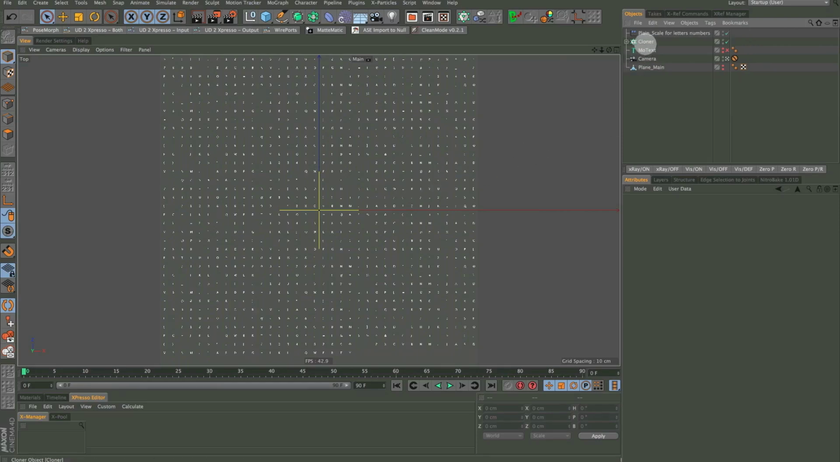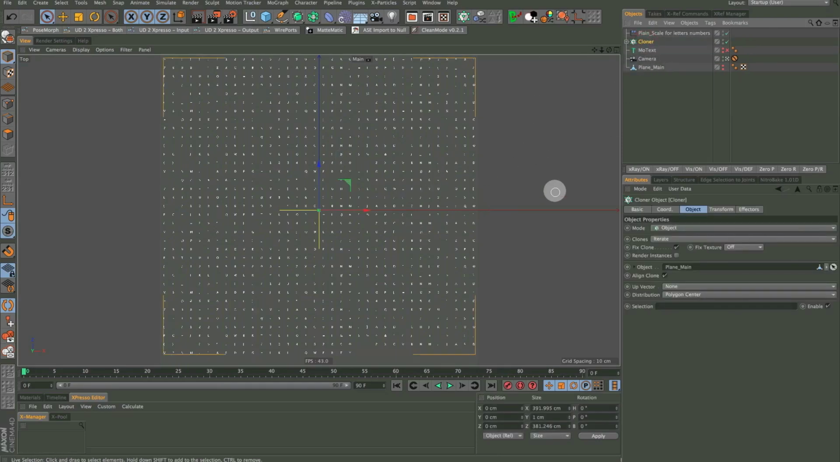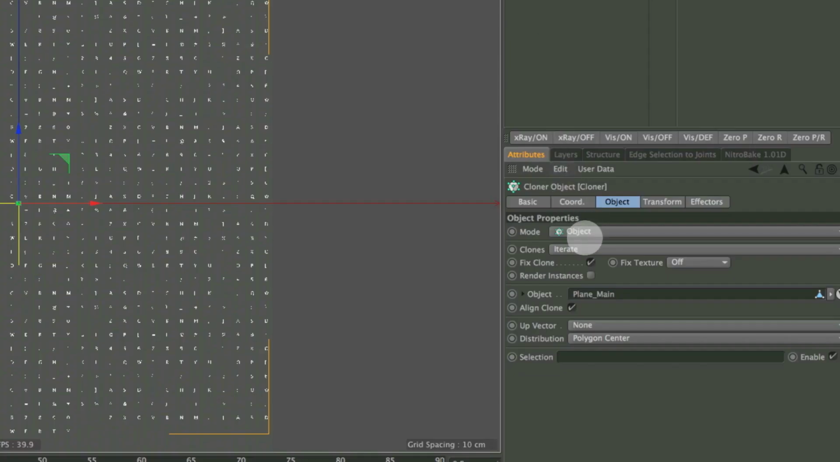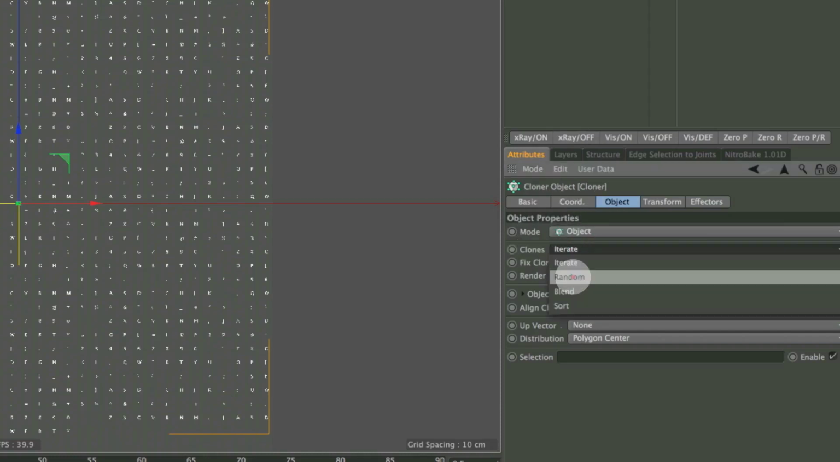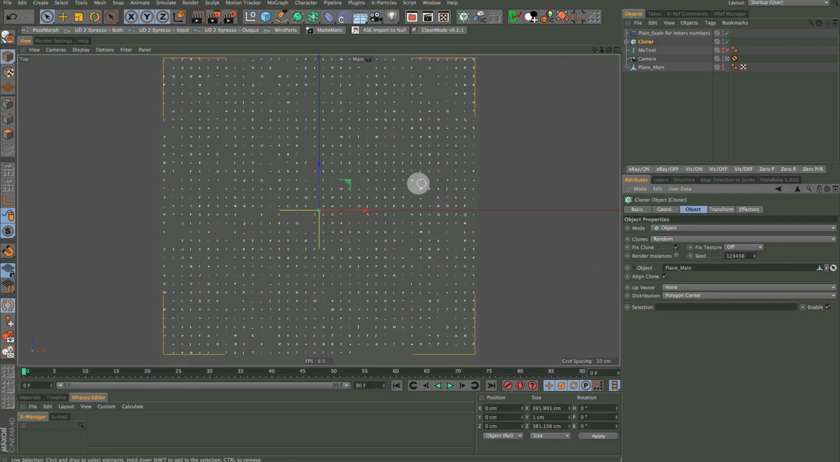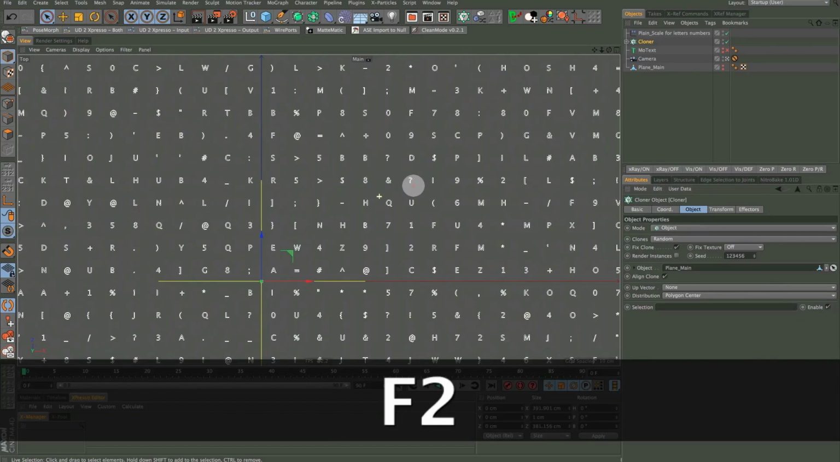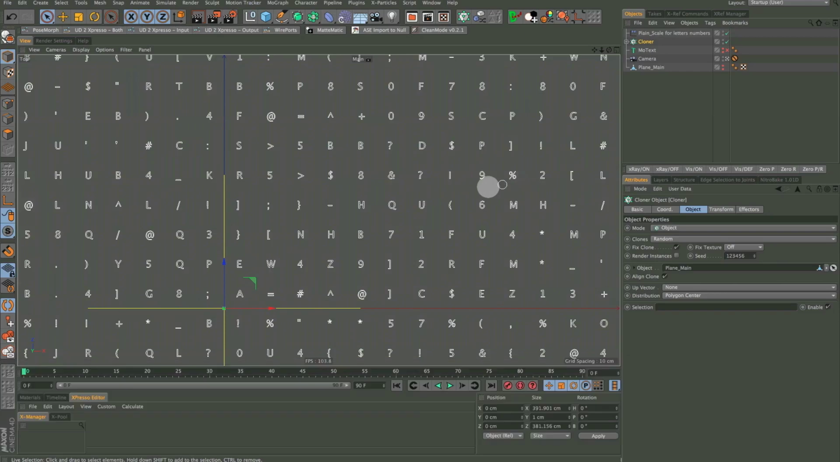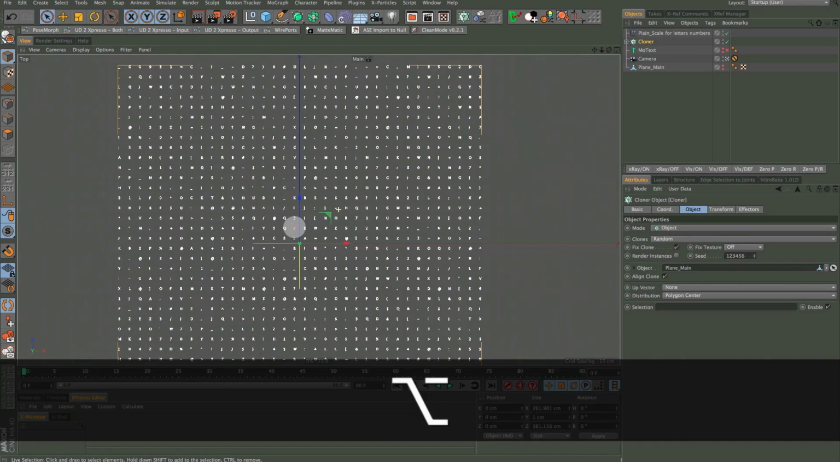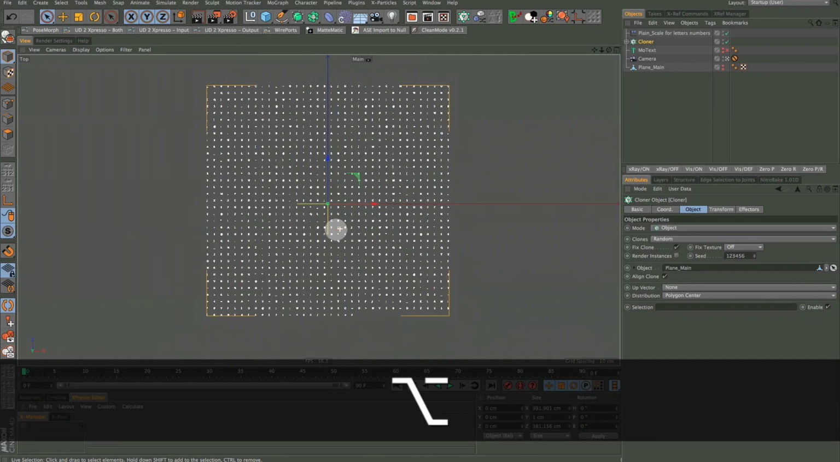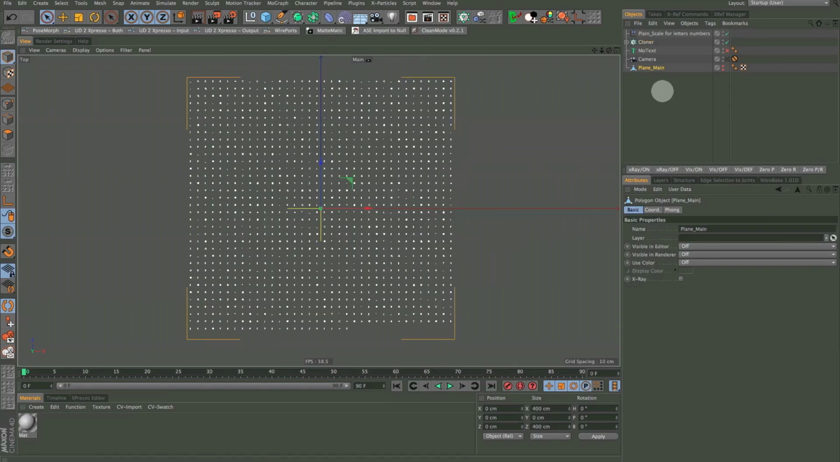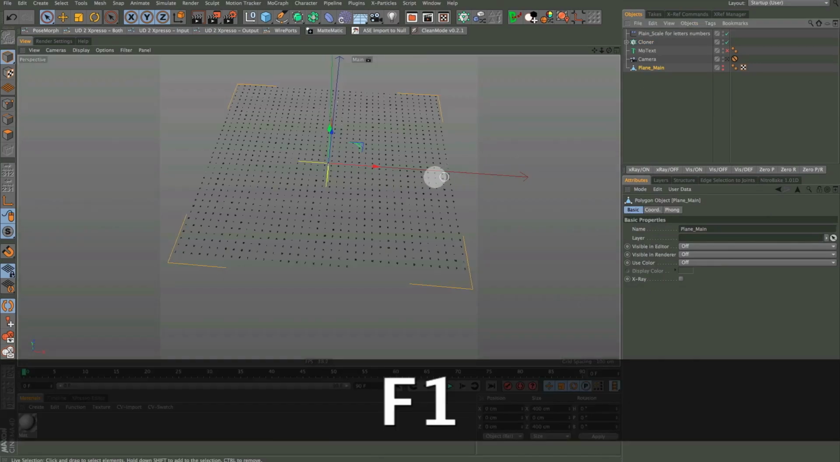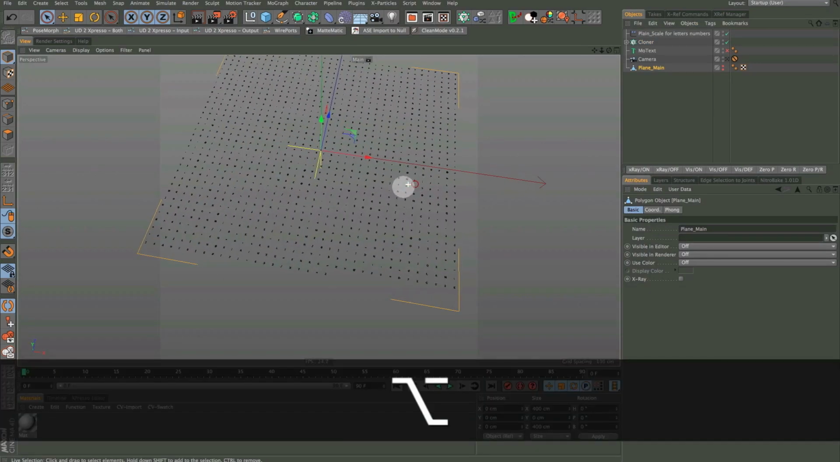And you can further randomize these numbers and letters. They'll be pretty random when we apply them to our head, but you can further randomize them by going into the Cloner Object mode and clones and putting that to random, and you see a change. And then if we go in, you see that none of the numbers are in sequence anymore. It's quite random. Just wanted to point that out. So I'm going to go back into perspective mode,